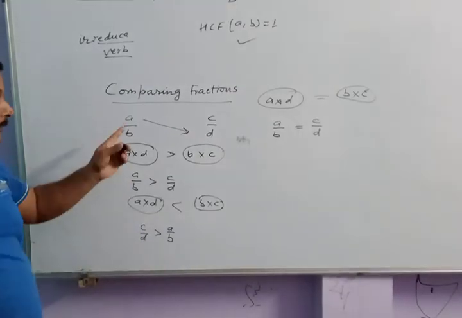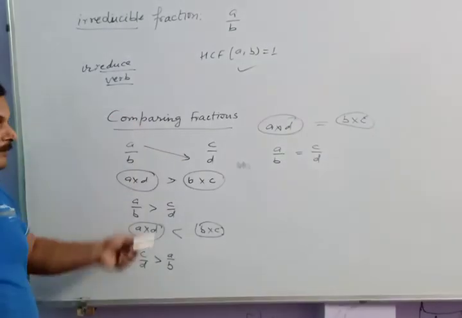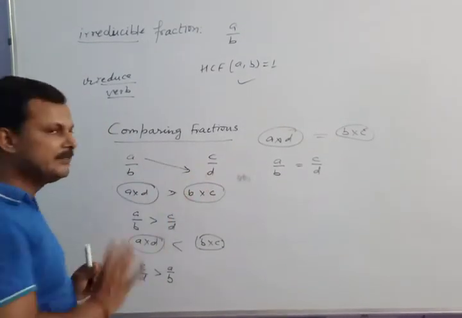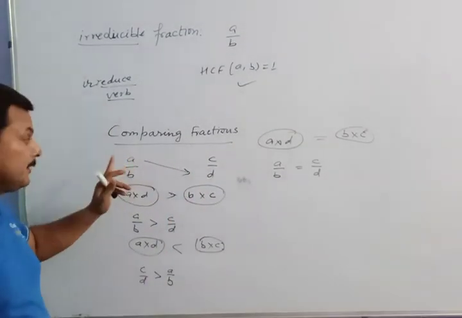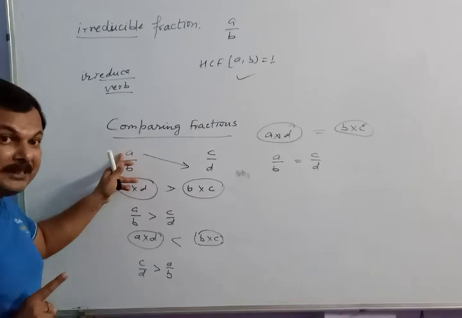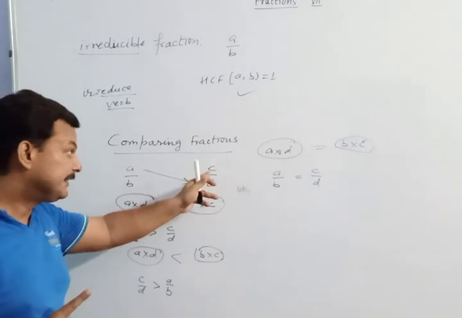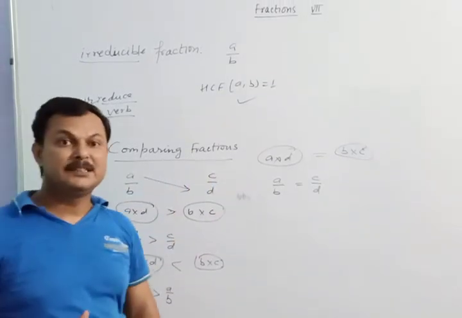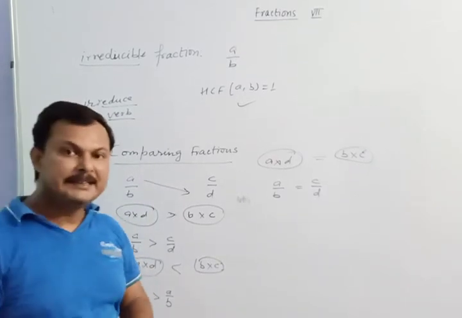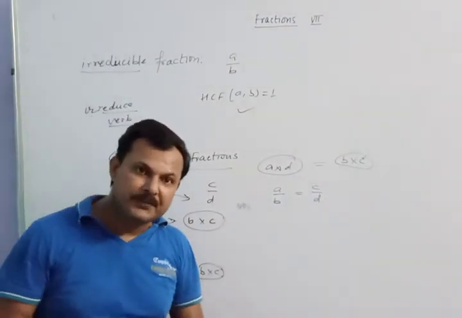Be aware while you check which one is greater and which one is smaller. Always remember, you have to write the two fractions apart from each other, taking some distance between them, and firstly you have to take the first numerator and second denominator. The order is very important. First numerator, second denominator, and here you write first denominator and second numerator, and then after that you decide which one is smaller and which one is bigger. Now further things you will get in the next video clip. I hope it will be beneficial to you to know the basic terms related to fractions. Thanks.